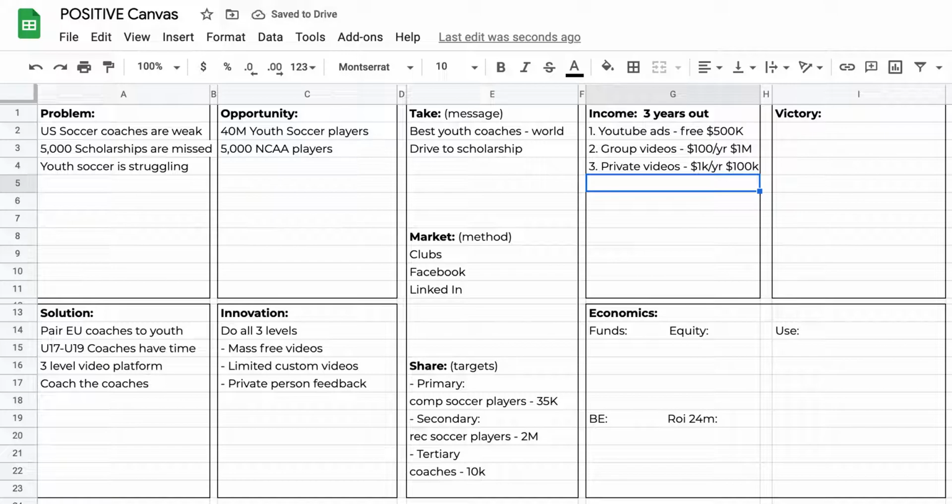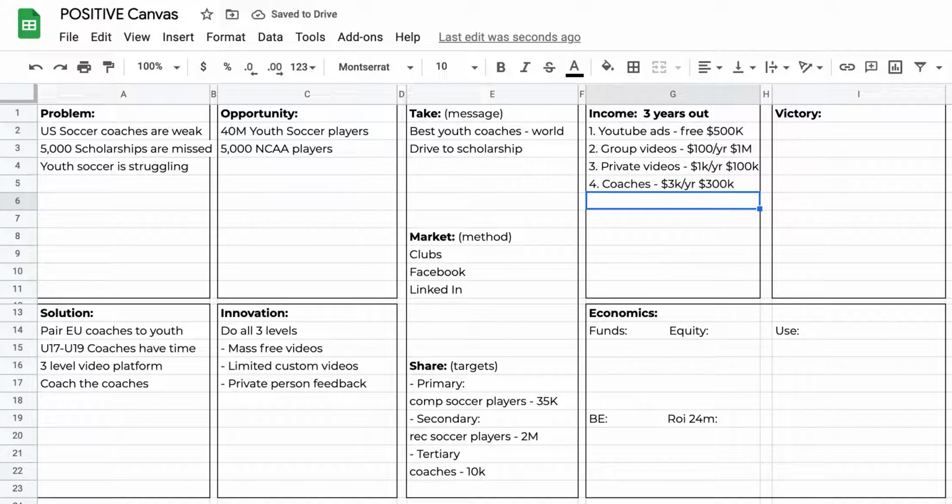And then, we do have a secondary audience or a tertiary audience, and that's the coaches. So we can put here coaches. And for the coaches, we're thinking we're going to charge them, because they do this for their job and they probably need this level of coaching. So we're going to charge them $3,000 a year, and we'll probably get maybe the same 100 coaches. Okay, so that's $300,000. So it's just a quick overview.